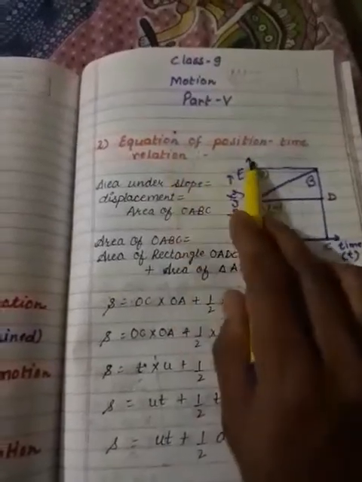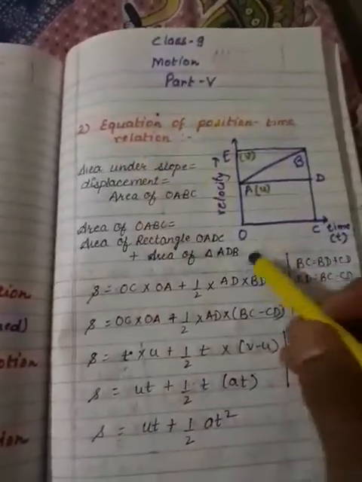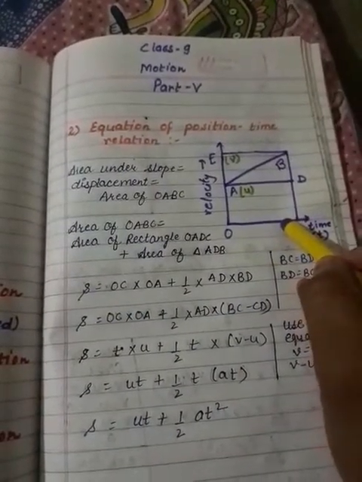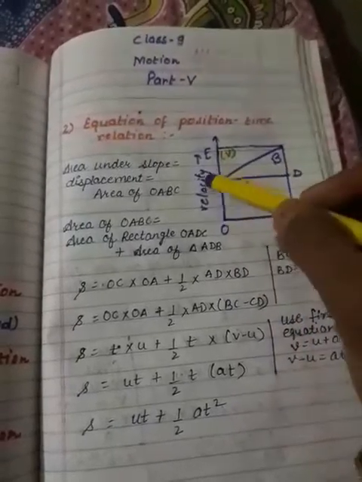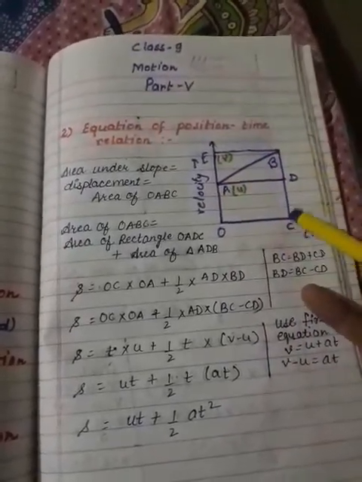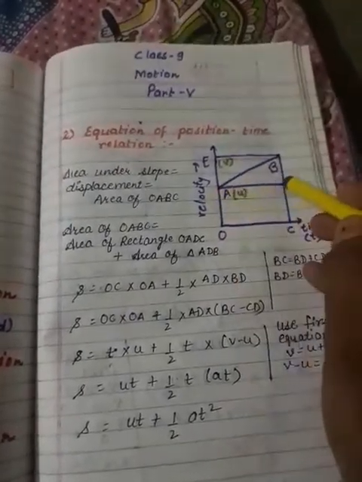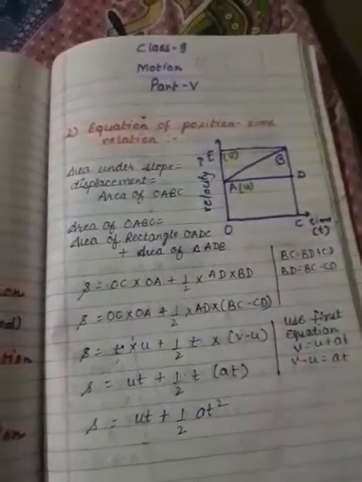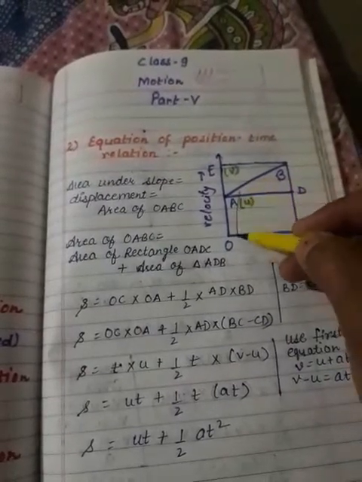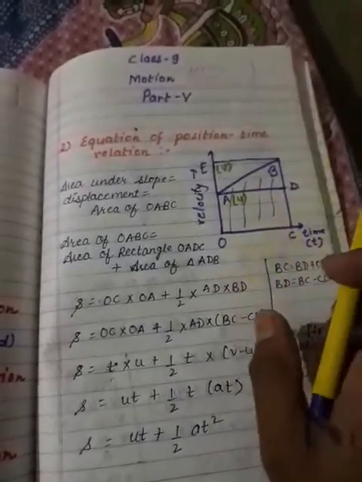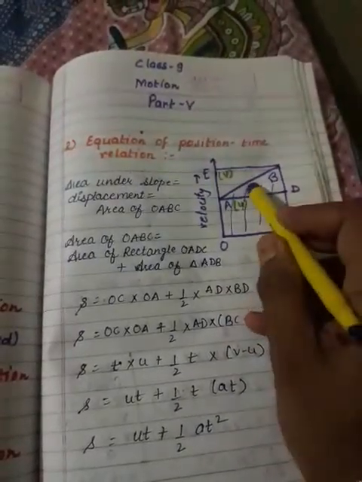Today we will do the second equation, the position time relation. The graph will be the same as the one we drew for the first equation. So it will be in this way. AB is the slope. We will put a perpendicular on OC and then we will meet AD, then BE. So the area under the slope, the area covered by this slope, is equal to displacement. This total area is equal to displacement.